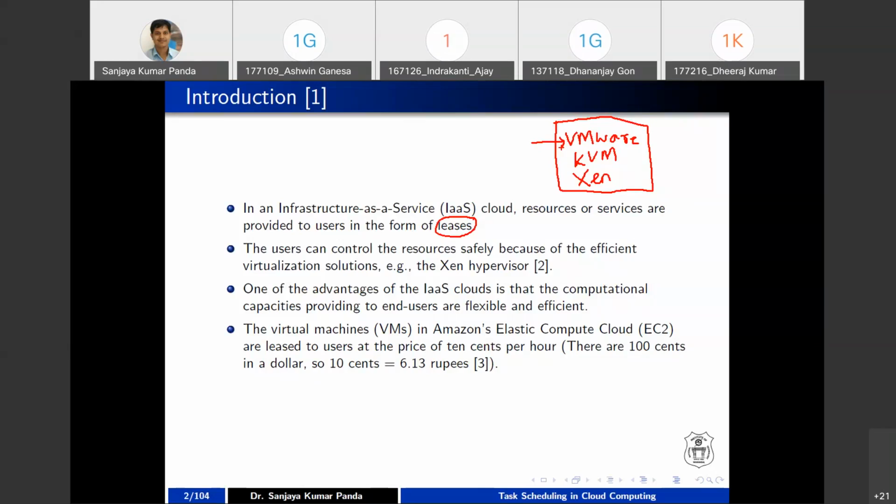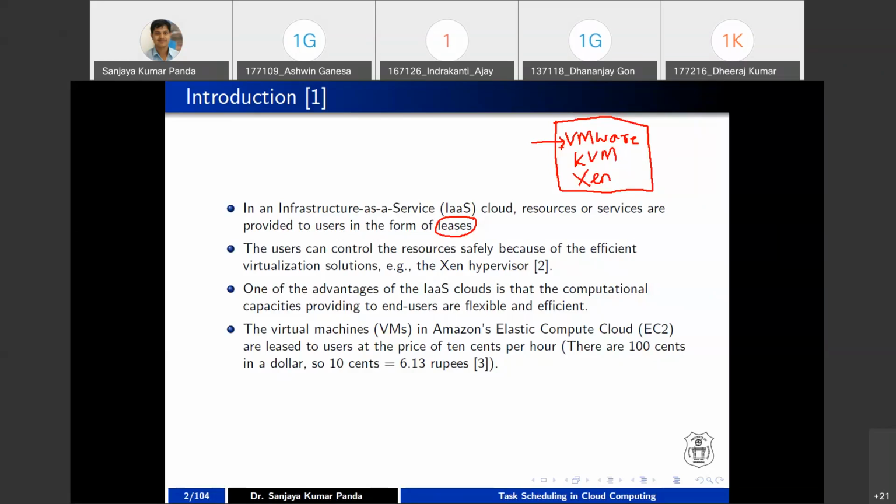As a typical example, if somebody wants to know the cost of a virtual machine, if you want to deploy a particular virtual machine in Amazon EC2. You are aware of Amazon Web Services because we have already performed one experiment in Amazon S3. Similarly, if you want to create a virtual machine in Amazon Elastic Compute Cloud, Amazon EC2 is a specific service provided by AWS, like our S3,